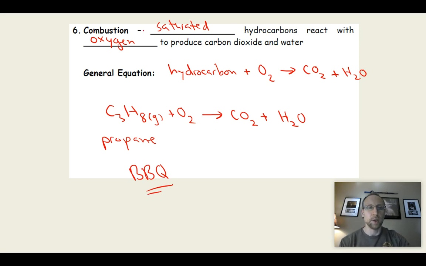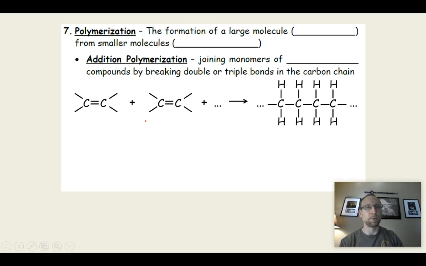So this is combustion. Same thing over and over. All that changes is the fuel, and we've seen these reactions before. The last one we call polymerization. We call this polymerization because remember, poly means many. So it's the formation of a large molecule, which we call a polymer, from smaller molecules, which we call